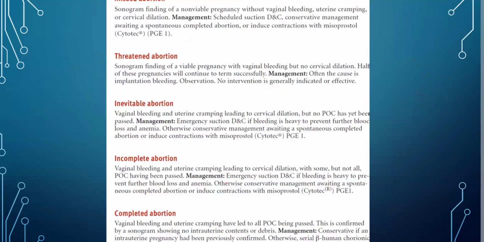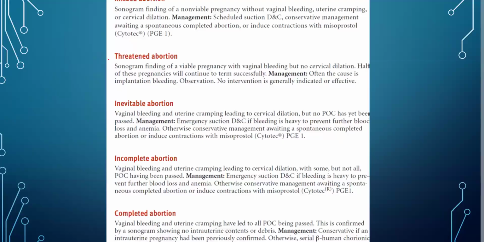So what are the causes? If we think of early pregnancy loss, we are mainly talking about miscarriages. Or if we are talking about early pregnancy bleeding, miscarriage is one of the most common causes. Apart from miscarriage, other than it could be like ectopic pregnancy, molar pregnancy, those are also causes of early pregnancy bleeding. So what are the miscarriages that come in exam?